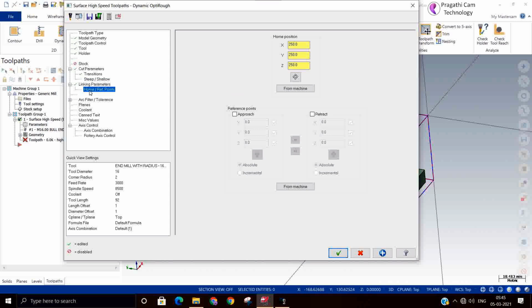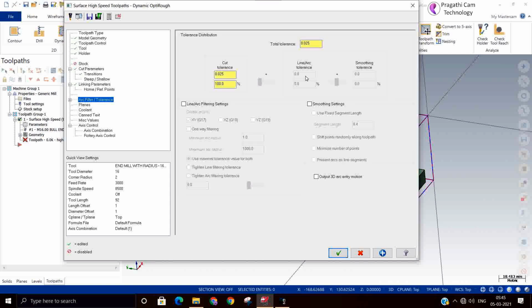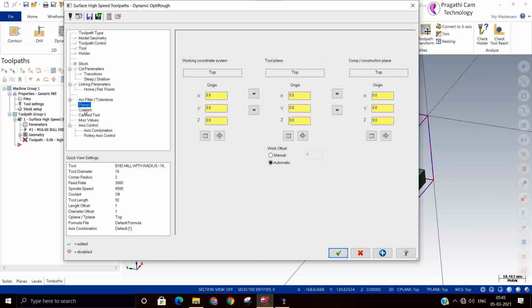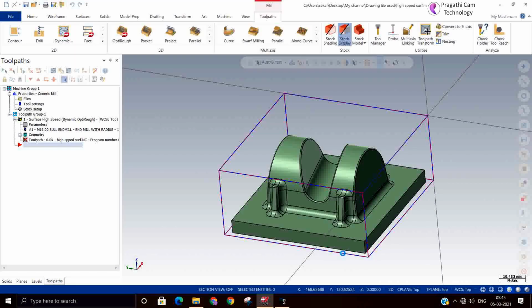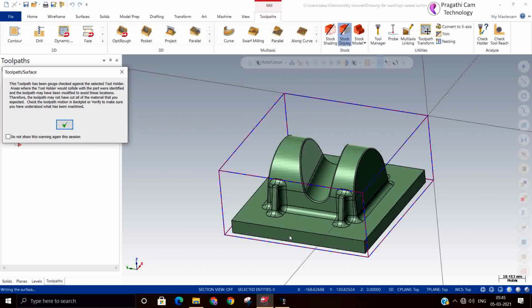Remaining thing, only coolant I will switch on and regenerate. So here the toolpath calculation time is a little more when compared to the normal toolpath. Okay, so a tool holder collision check has happened. Accept it.